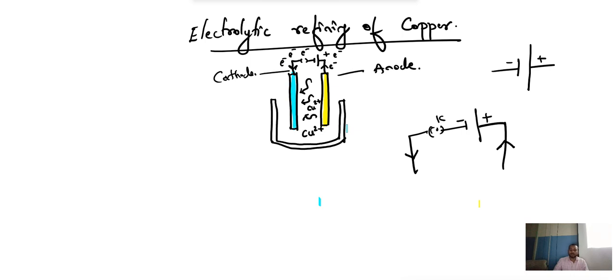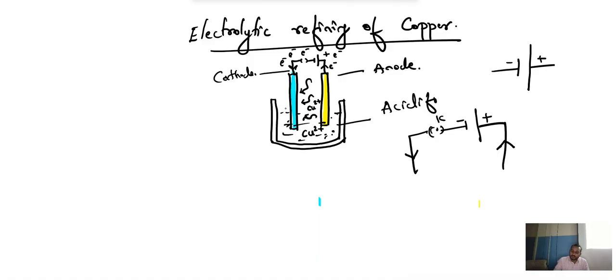This is the pure copper. The impure copper which we have kept inside the anode, once we pass the current, the pure copper will come out in the presence of